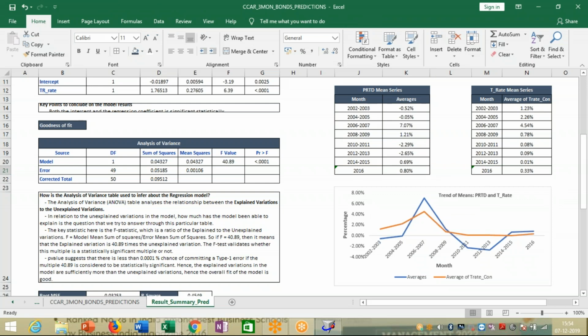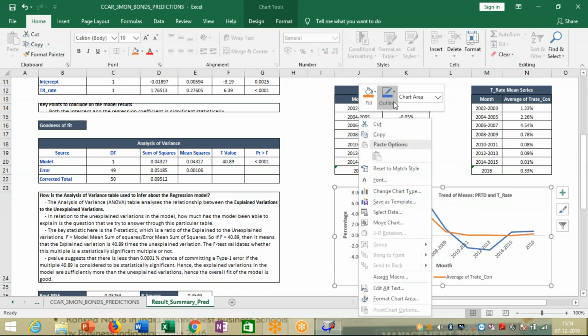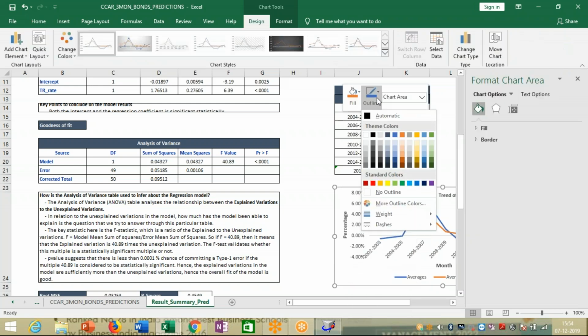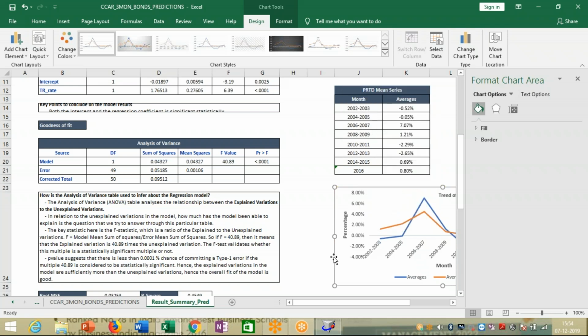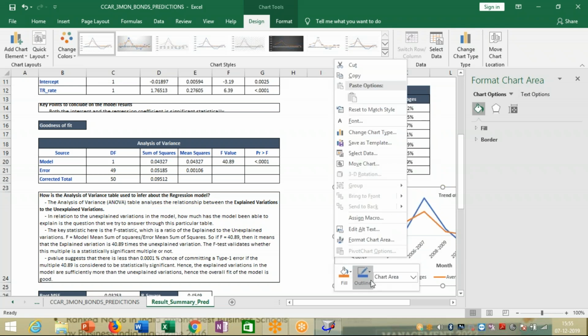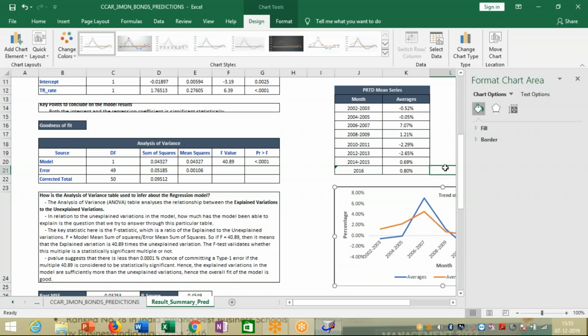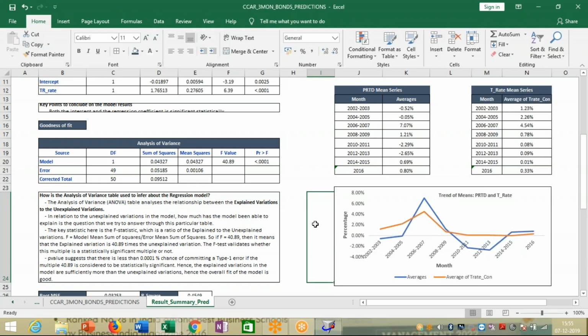Right, so this is ideally how your graph would be looking. So over here, if you have a change, if you have a look into this, right? So from